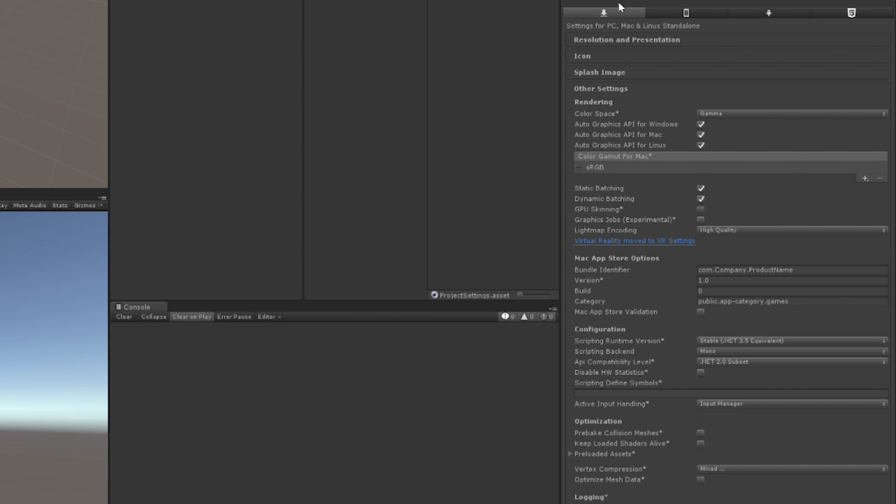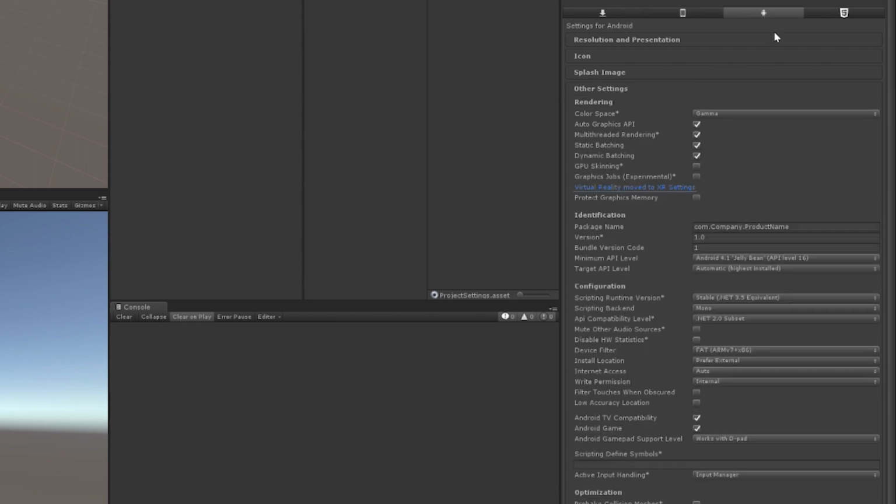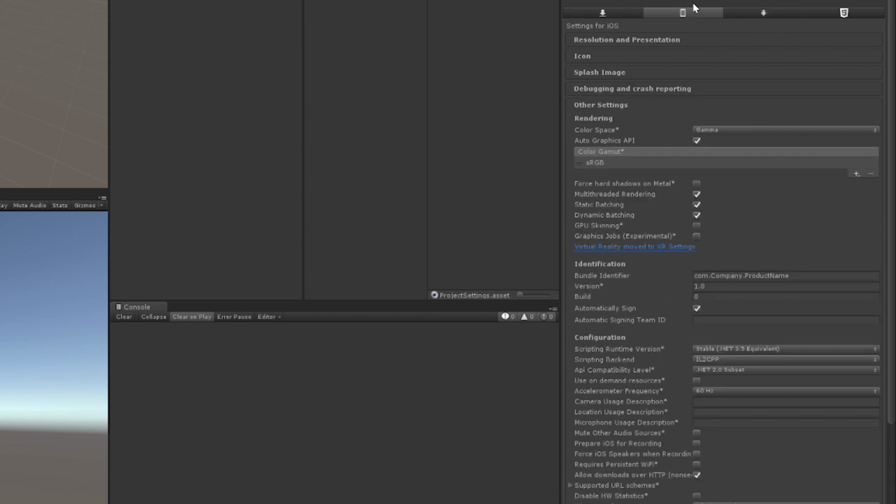So you can see this is for PC, Mac, and Linux. This tab is for iOS, and this tab is for Android. Right now we're just going to be focusing on iOS and Android. So we would just want to change the bundle identifier. The typical syntax is